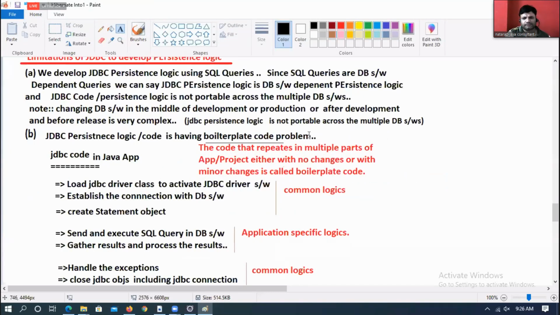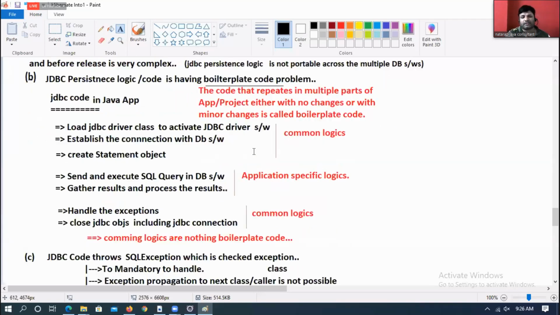Okay. Next one. JDBC code has a lot of boilerplate code. Take a typical regular JDBC application. Loading of the driver class will be there. Establishing a connection with the database will be there. Statement object creation will be there. Sending and executing the SQL query in the database will be there. Getting and processing results will be there.